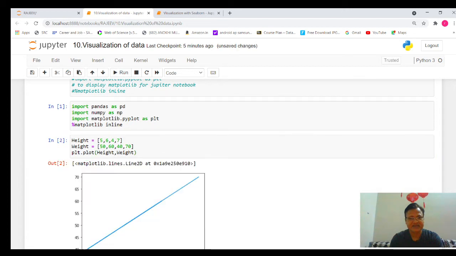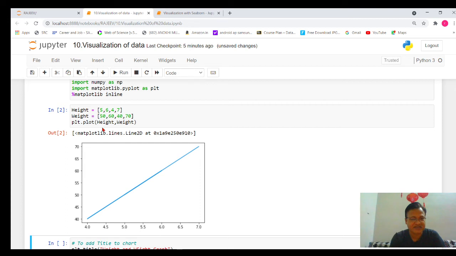So it's very simple, a one-line command. You need to use x and y values in the plot function. Here you can see the height values on the x-axis, and this is the y-axis showing the weight, and this is the graph between these two variables, the x and y values.